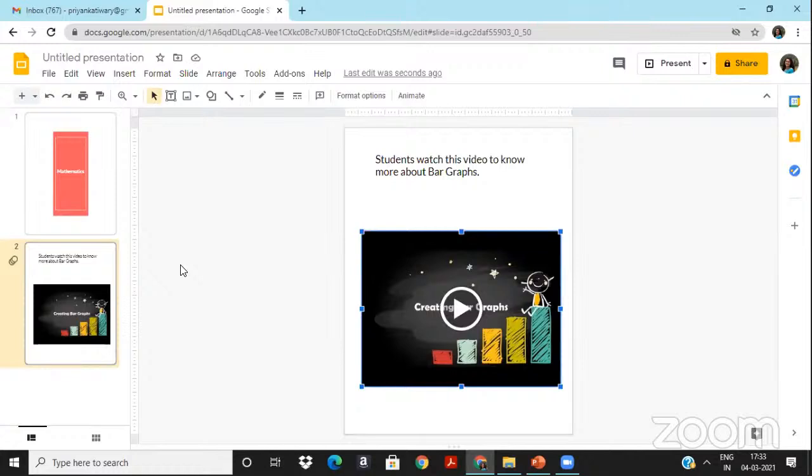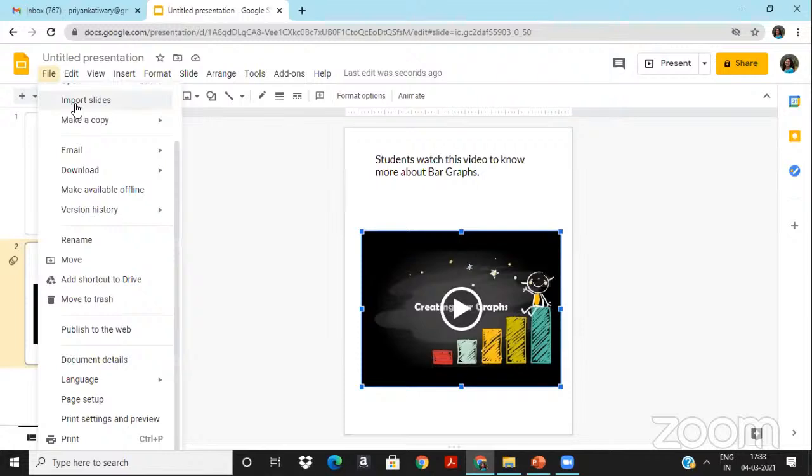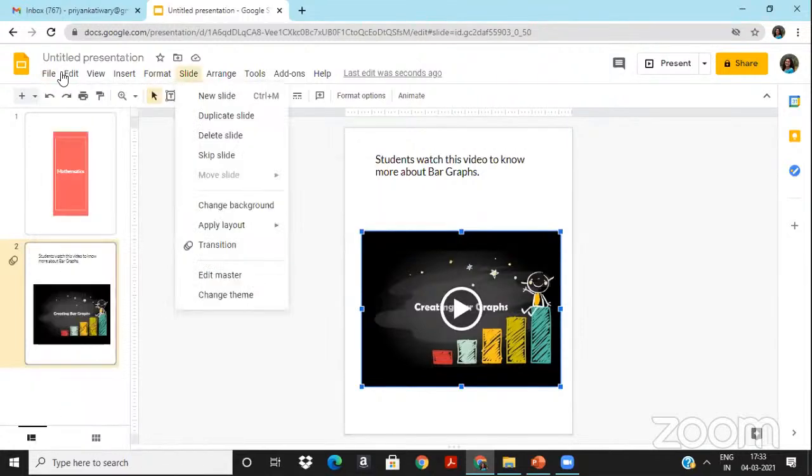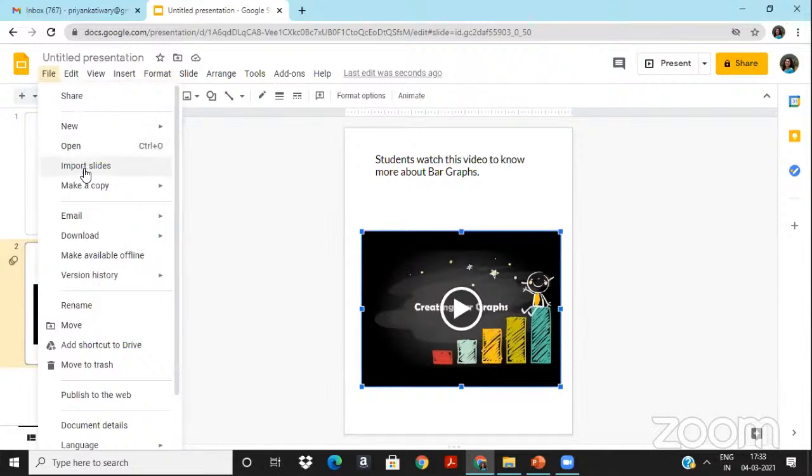So there's a very good feature in Google Slides which says that you can import the slides from any PPT. Okay. So how can you import the slides? Go on the File menu and click. The very first thing over here, it will come to you like this. Let me show. When you click on the File menu, it is the fourth option, import slides. I'm repeating, import slides, when you want few slides from another presentation to be included